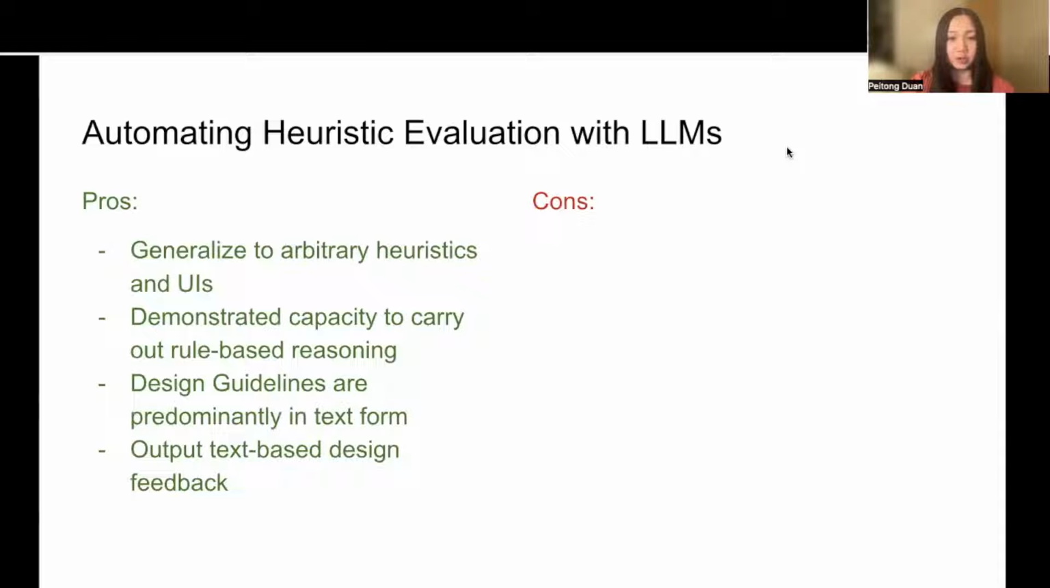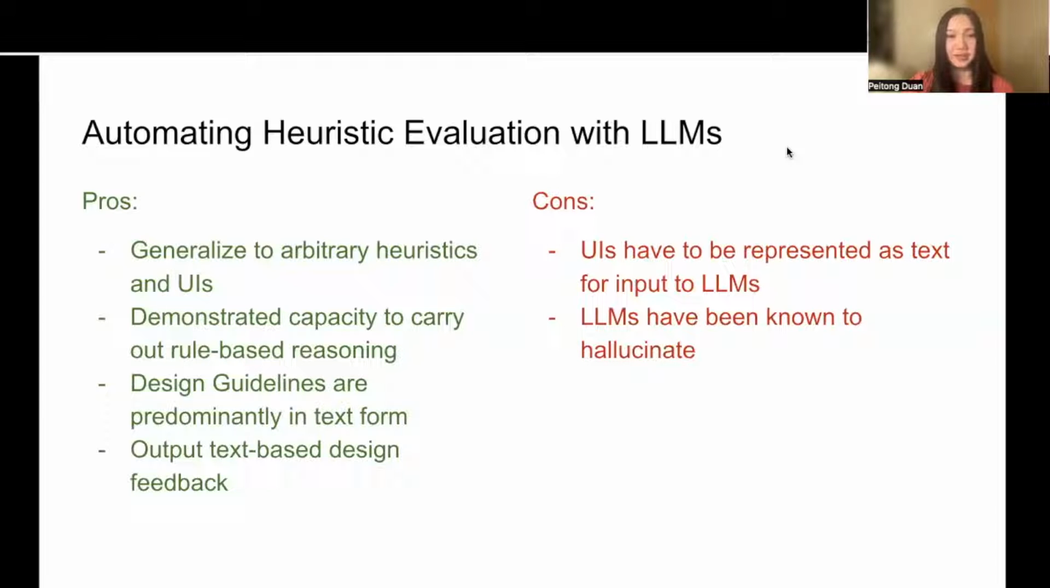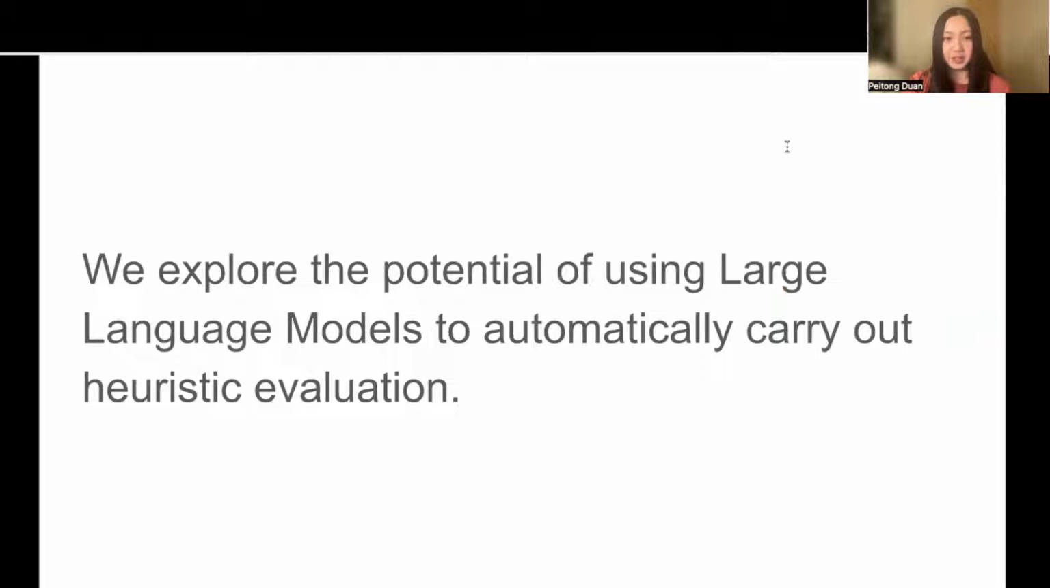However, there are also reasons for caution when using LLMs for this task. LLMs only process text at a time, while UIs are complex artifacts that consist of images, text, and UI components. And LLMs have been known to hallucinate and might generate false guideline violations. We explore the potential of using large language models to automatically carry out heuristic evaluation. In particular, we aim to determine their performance, strengths and limitations, and how an LLM-based tool can fit into existing